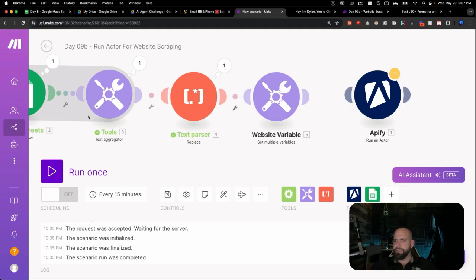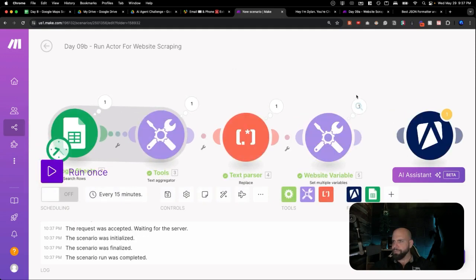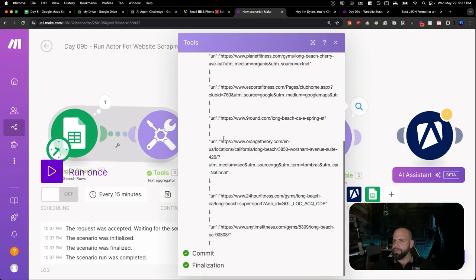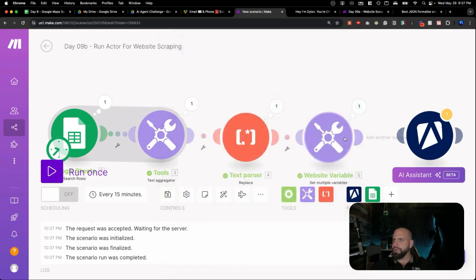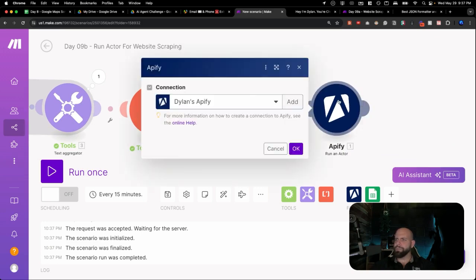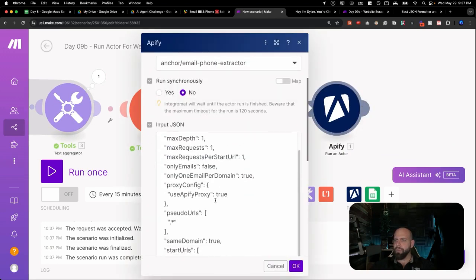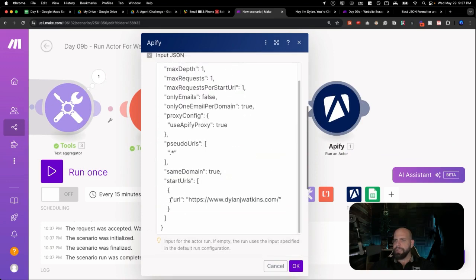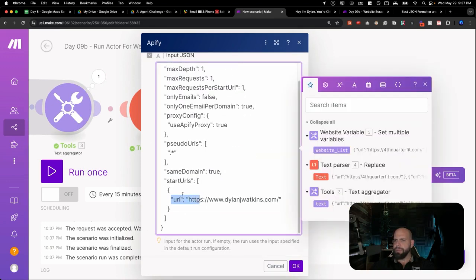Great. And then that's what we're going to need right there. So when we run this through again, we can see that we have a list that is beautifully formatted and ready to go. So we're going to connect that over here to our actor. And right here at the bottom, instead of all of this right here,